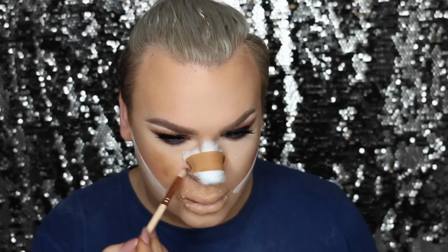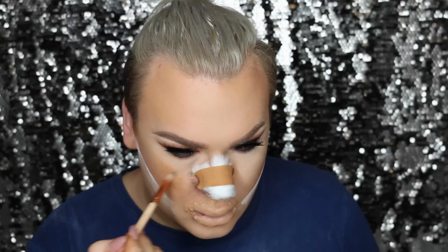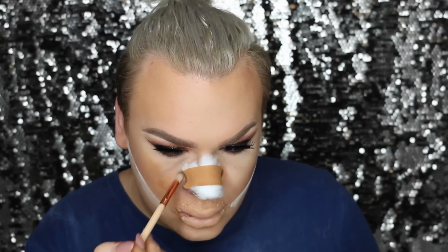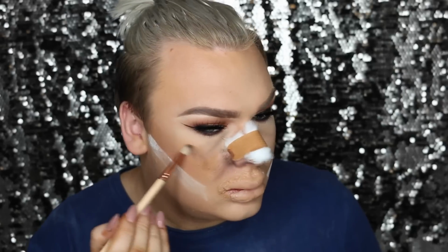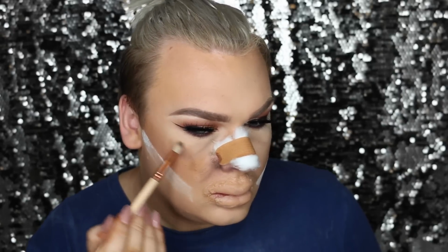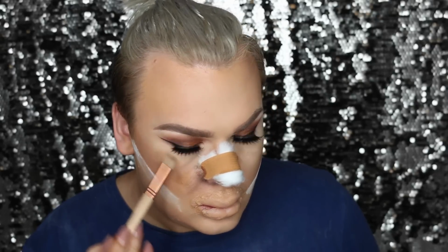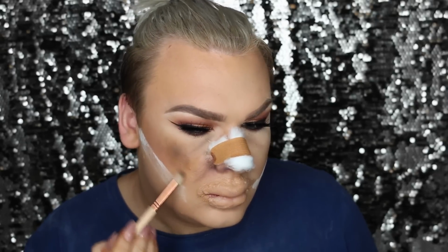I'm just taking about 75,000 different shades of eyeshadows from Makeup Geek. I'll leave all the ones that I use down below if you guys are interested. I feel like the bruises were pretty good. Like, they didn't look that fake. I tried to make them look as realistic as possible. I'm incorporating some mustard colors, yellows, greens, purples, grays, blacks,